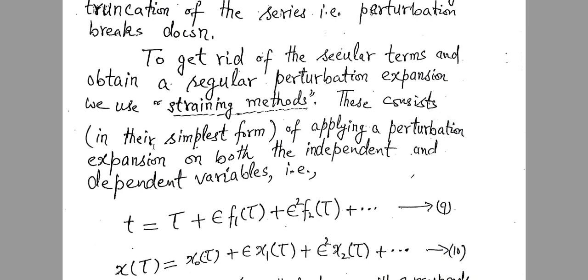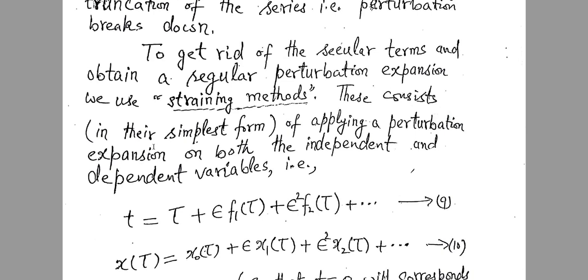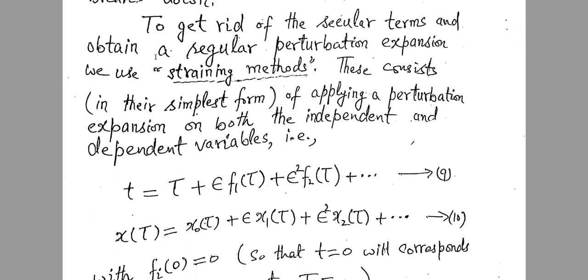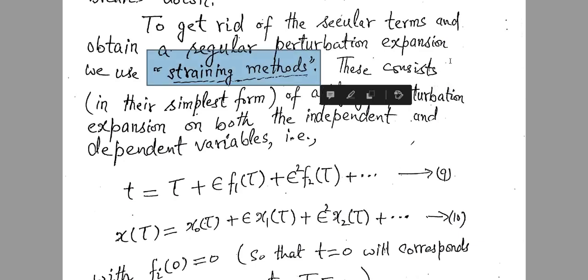The answer is, to cope with such a situation we use a different technique, which is known as the straining method. So whenever in the solution of an ordinary differential equation we get secular terms, then we will use the method of straining